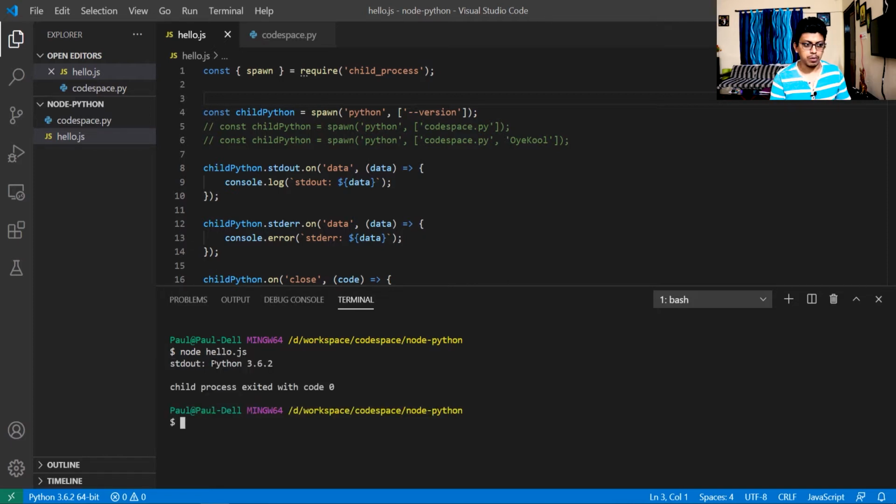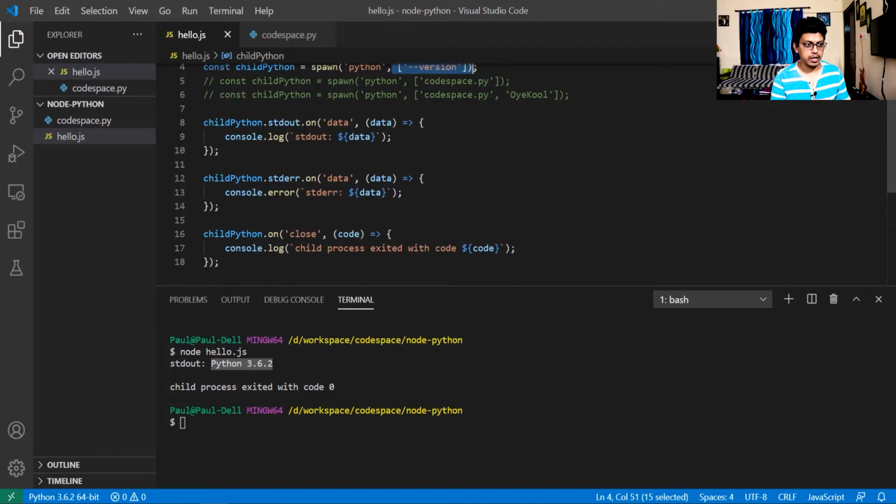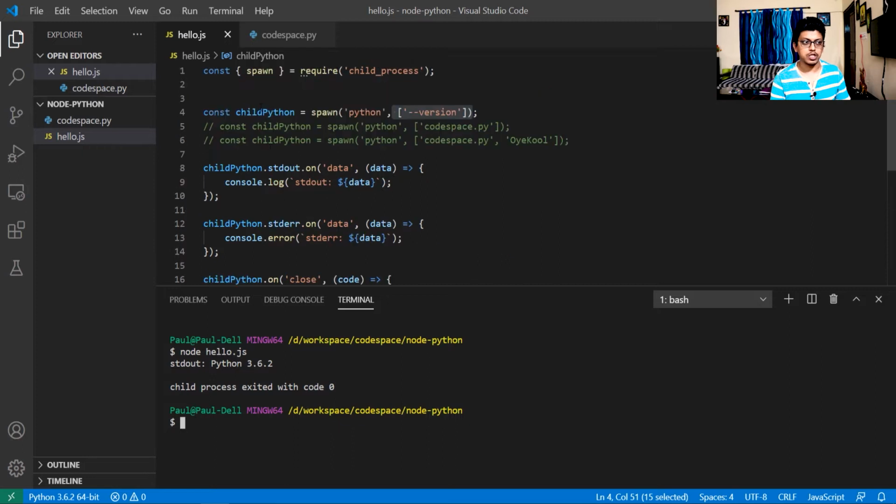It will print out the Python version because we have used python, and in the argument we have passed --version, and it is the standard output of this command. It has been printed in child Python, or the child process dot stdout dot on data.